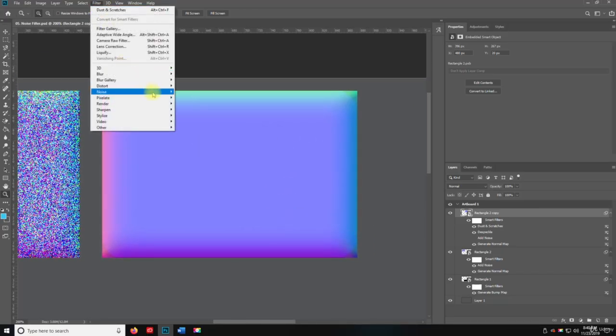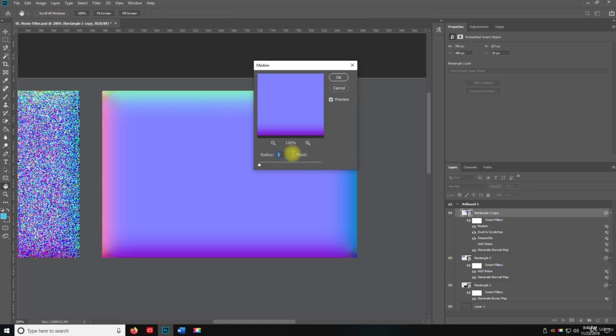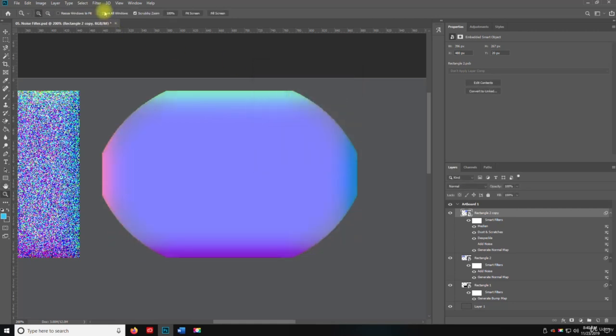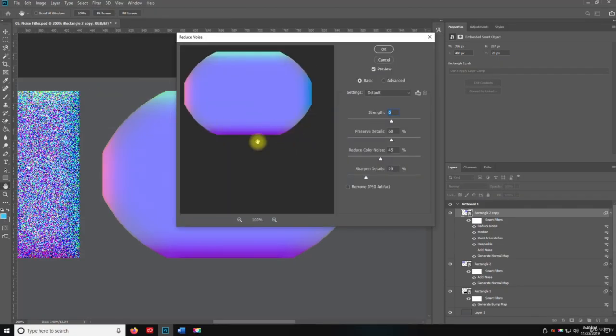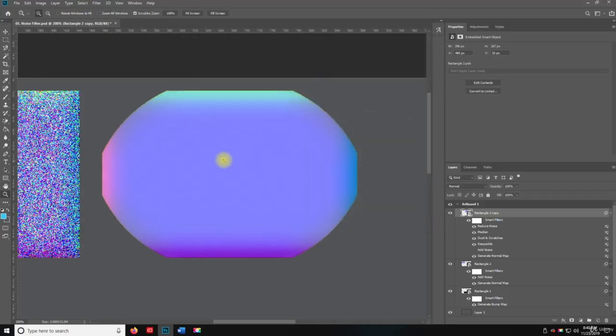Let's do Filter, Noise, and then we're going to do Median. Okay. There you go. I'll hit OK, and then let's do Filter and Noise and do Reduce Noise. Okay. So we can bump down the strength, preserve details, reduce color noise, sharpen details. And then you can do Advanced. You can do per channel. We'll just keep it to basic. Hit OK, and hit